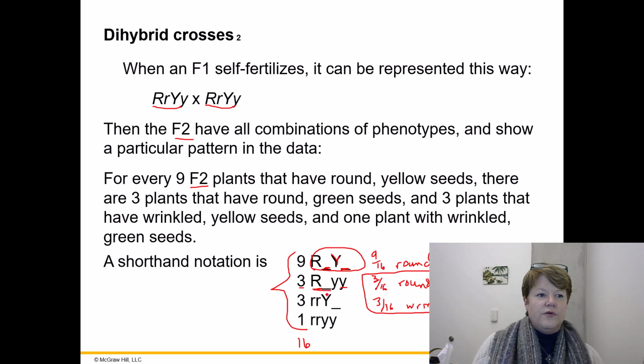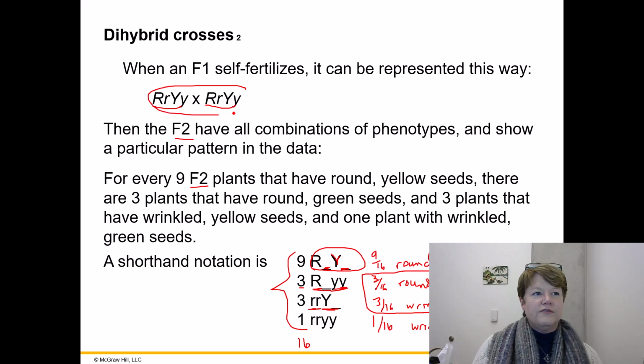Each of them is dominant for one trait and recessive for the other trait in opposite ways. And then one offspring from this cross out of 16 would be recessive for shape, wrinkled, and recessive for color, so green. But this is your pattern every time you do a dihybrid cross, which the parents would have to